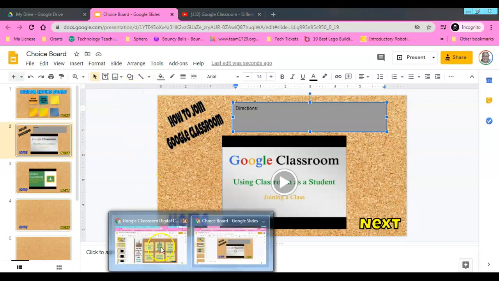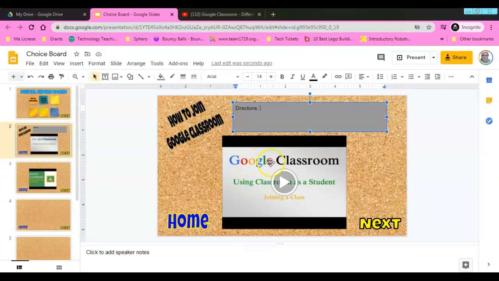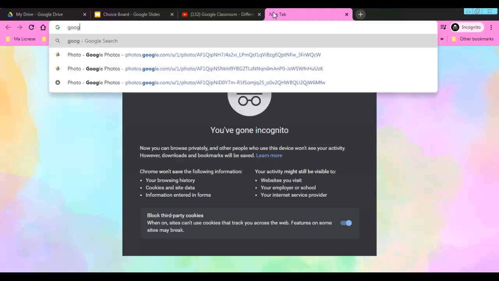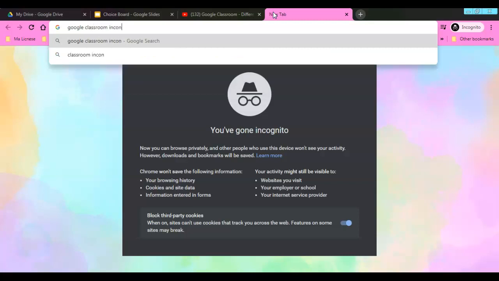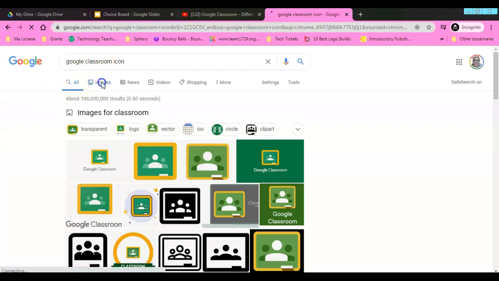Let's go back and just make sure that our concepts, we are going to upload relevant images and then remove background. So let me show you how to do that. Say, for instance, if I wanted to put in something related to Google Classroom, like the icon for Google Classroom, I can select Google search, and I can put in Google Classroom icon image, go into images,